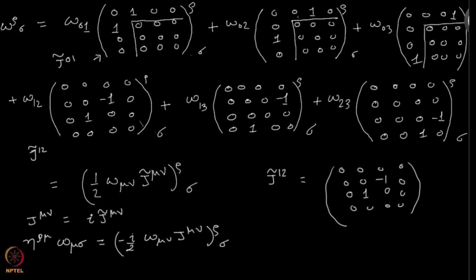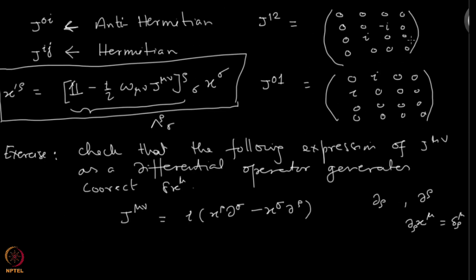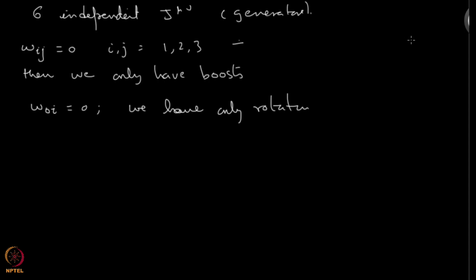Okay. So, good, now we understand which generators are generating rotations. These are J_12, J_13 and J_23, and the ones generating boosts are J_01, J_02 and J_03. Okay. So, what I will do is I will give names. As I said, J_0i are generating the boosts, so I give them a name K_i. Okay, that is the definition.